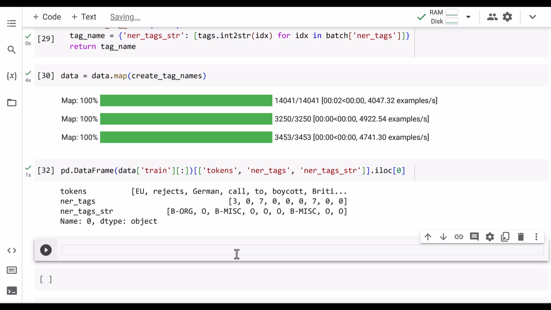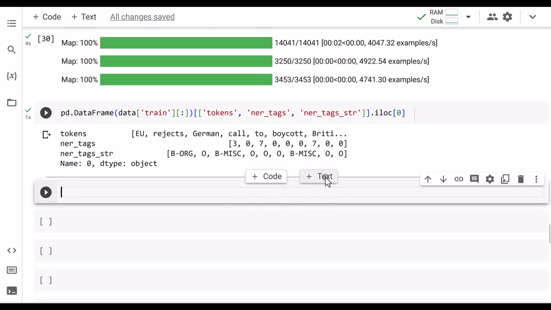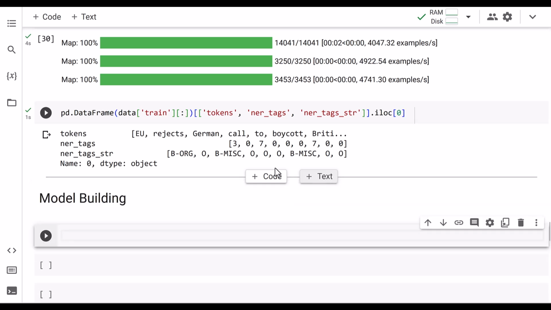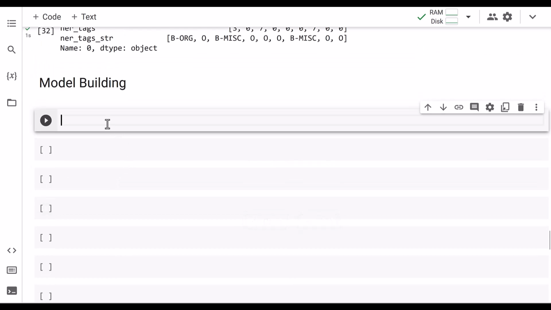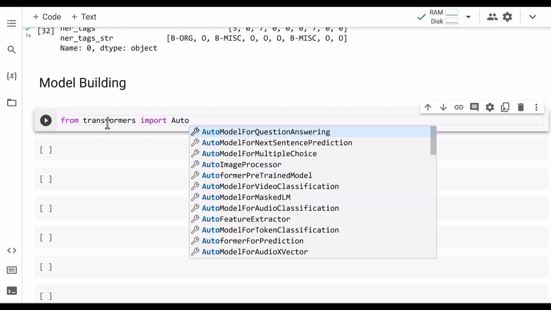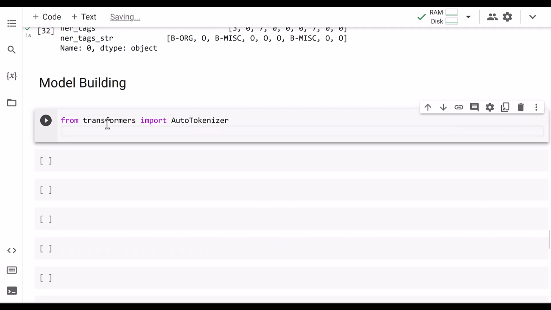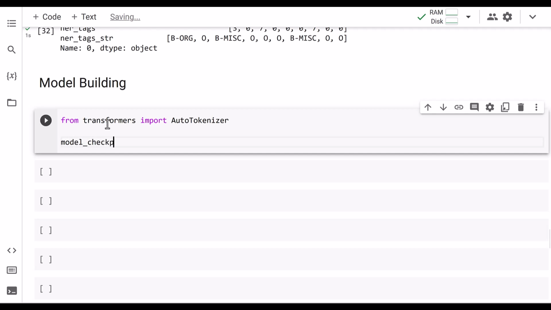Now our data set is ready to get trained. Let's go ahead and build our model. So I write here model building. All right. So in the model building, I write here from transformers import AutoTokenizer, something like this. Thereafter, I write here model checkpoint equal to, I'm going to write here DistilBERT